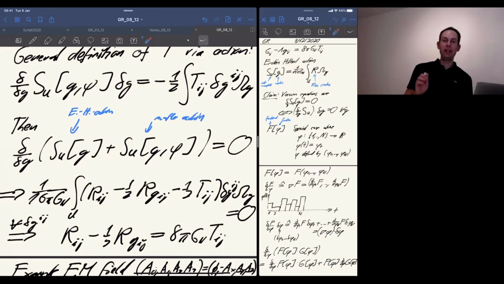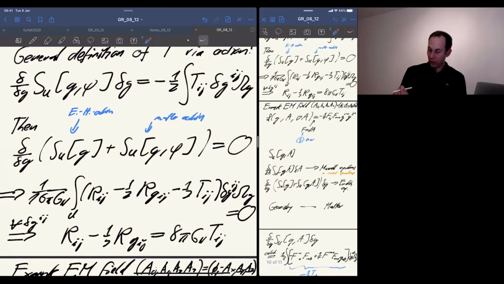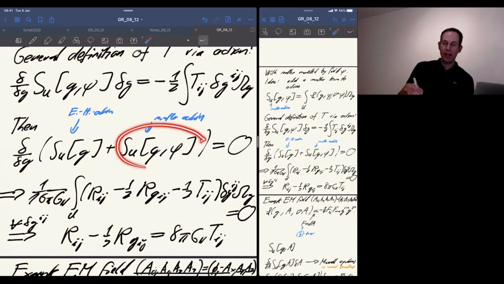Then the second term really depends on the type of matter we want to study. I gave you an example. In the electromagnetic field, it is the term which is given as an integration over a Lagrangian, where the Lagrangian is given in terms of the A, or the electromagnetic field tensor, and you have to vary it with respect to A to get the Maxwell equations usually. But now we don't want to get the Maxwell equations, but we are of course happy that with the very same action we also can get the Maxwell equation. We want to get the Einstein field equation, so we take this action that is well known from electrodynamics.